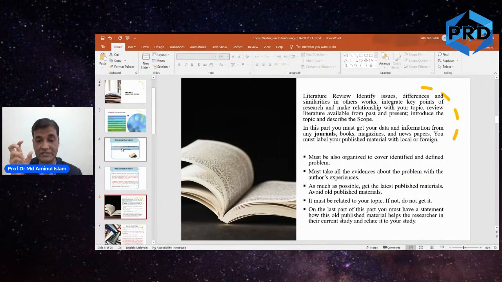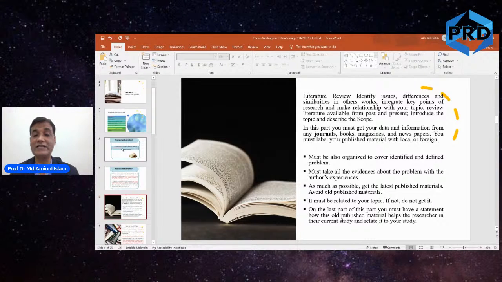Definitely, if you are selecting that theory as underpinning theory, or if we believe that theory somehow helps you to create the background of your research, to create the storyline of your research, then it has to be cited. The first original paper should be cited. Okay. So when we say latest published materials, we don't mean that 100% of the papers have to be the latest, all right. Latest 5 years, 40% should be all right. Okay. It must be related to your topic, and if not, do not get it.